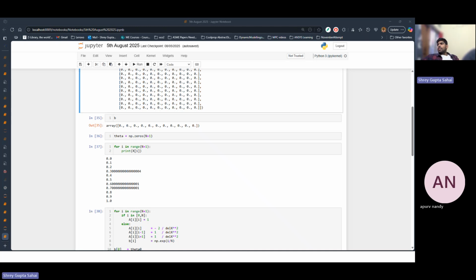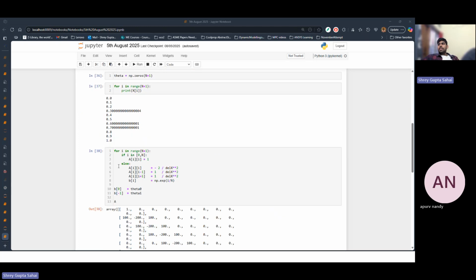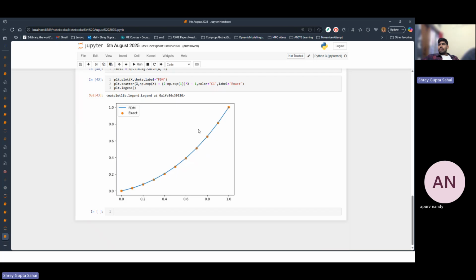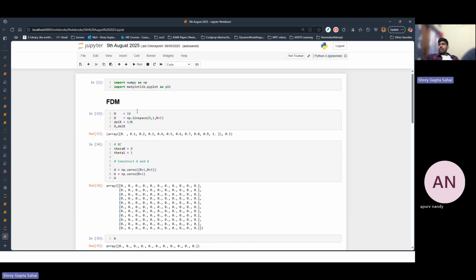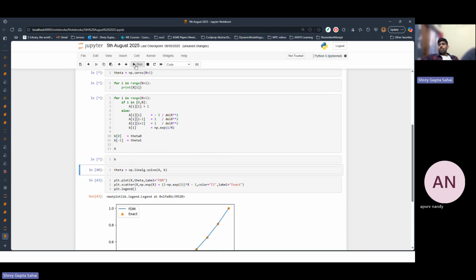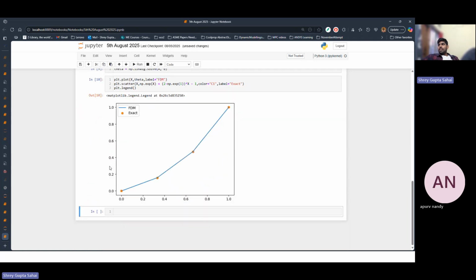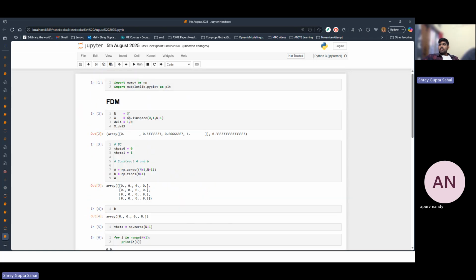So going back, when we use this A and B to find our theta values, we saw that our theta values matched very well with our exact solution. The interesting thing here would be when your discretization is coarse, your method is supposed to fail, or at least it's not supposed to fail, but it might fail. Let's say that, but the failure is also not much. Let me decrease the